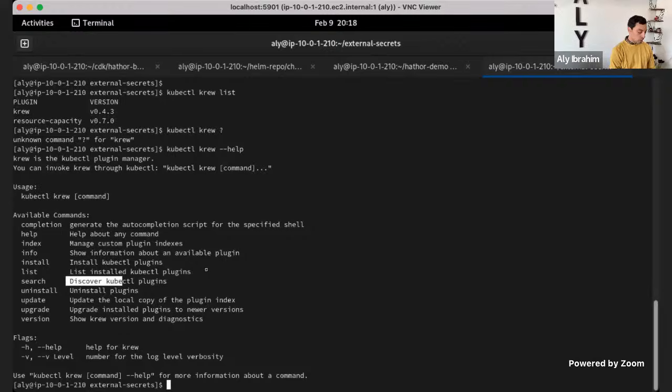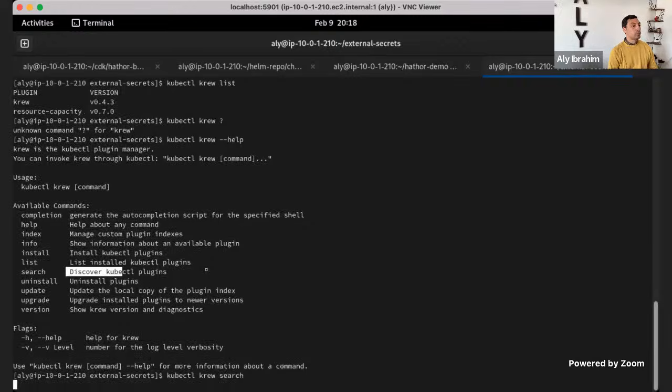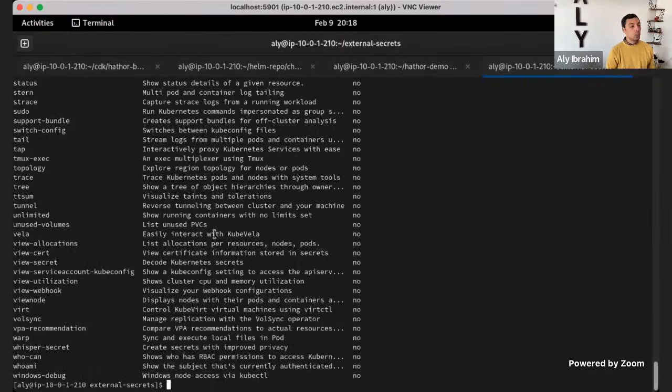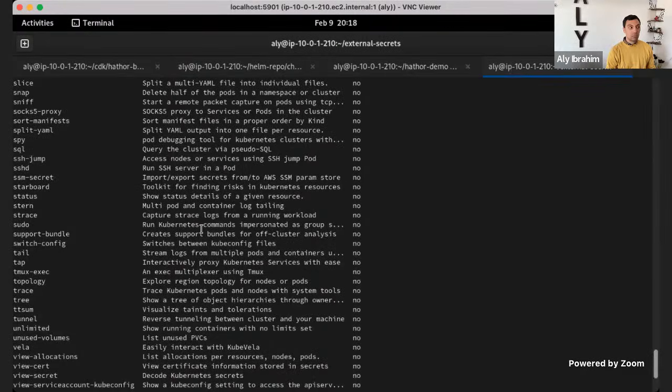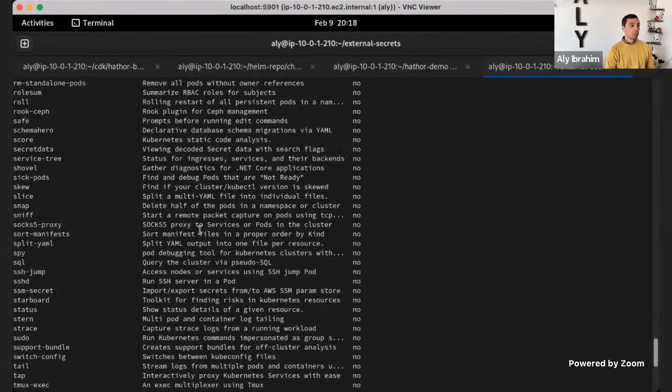You can do kubectl crew search, for example. See, all these tools are provided as plugins for your kubectl. Some of them are very helpful, some of them not that much. But you can even do info and see what this plugin is doing.